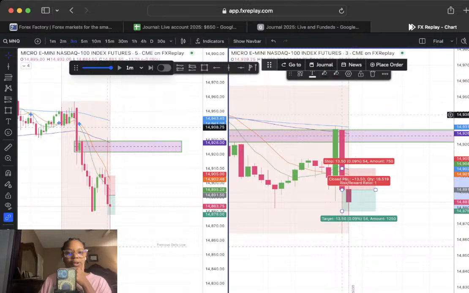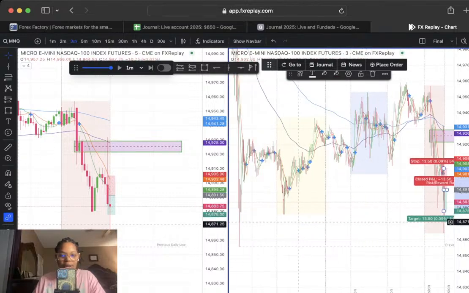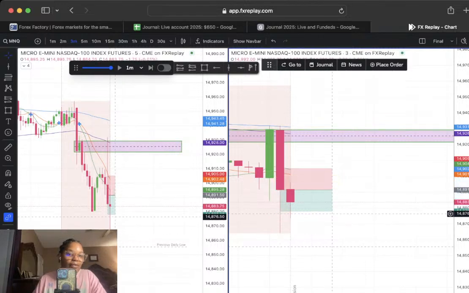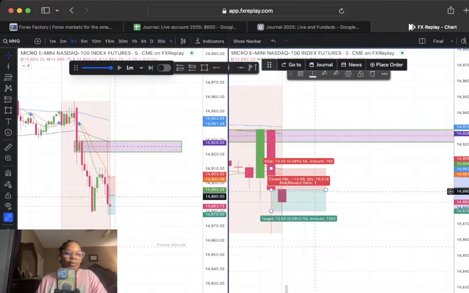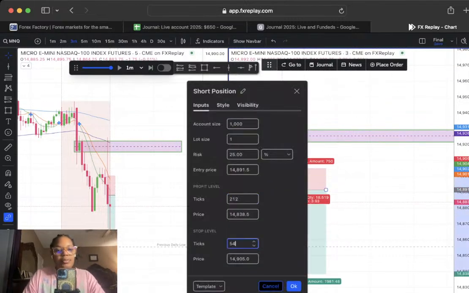You know, I like it to be a strong candle. A wick could mean it came down, but now we swept some liquidity to go back higher. So we swept the Asian liquidity now. A long wick on the bottom after a candle like that is a risky move. But for backtesting purposes, obviously, if you don't feel good about it, you don't take it.